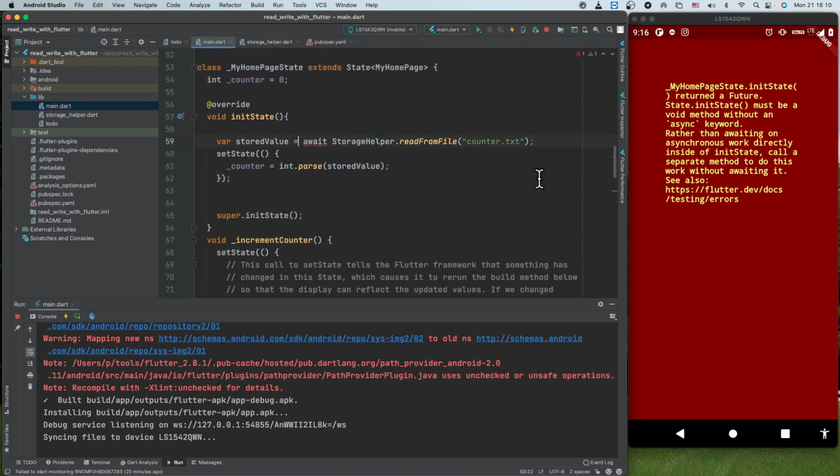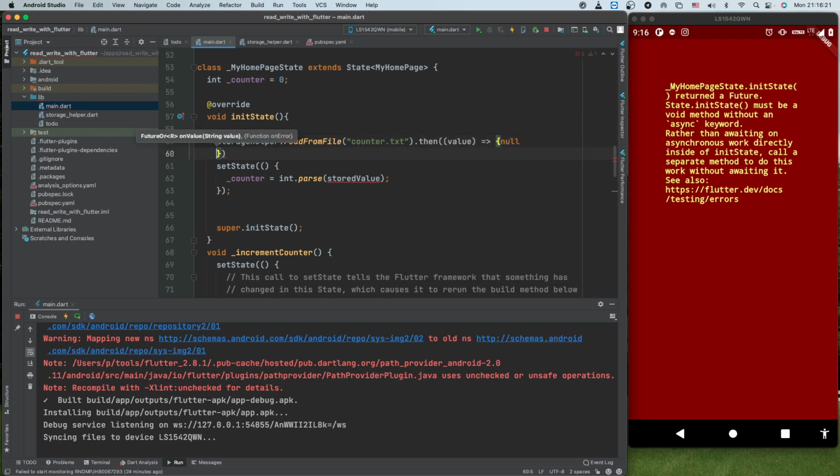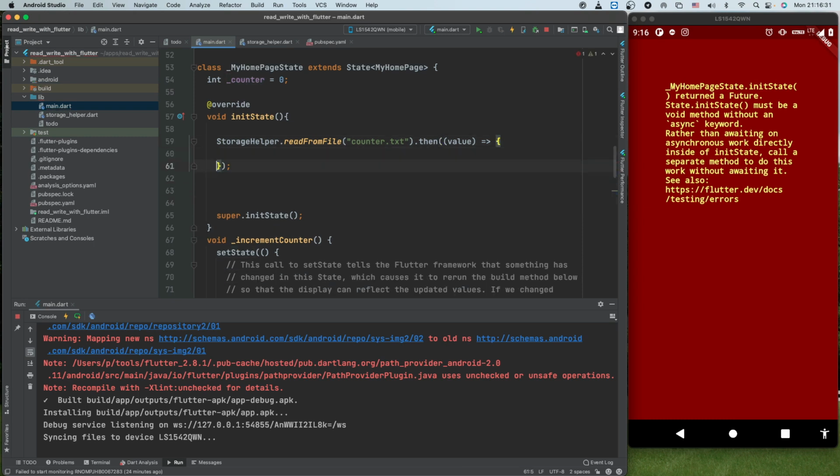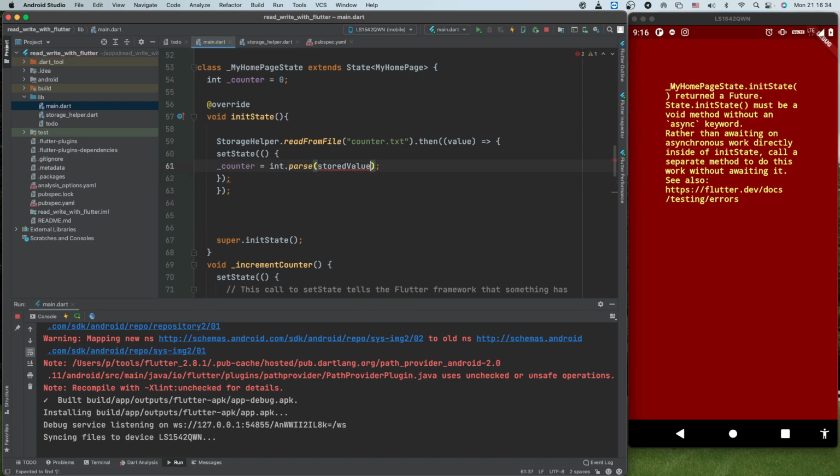so what I can do, I guess, let me try it this way. I have this, I am not using this, but what I am going to do is use the then here, and as soon as I get a value, I will do this from here, and this will be value, and this should work.